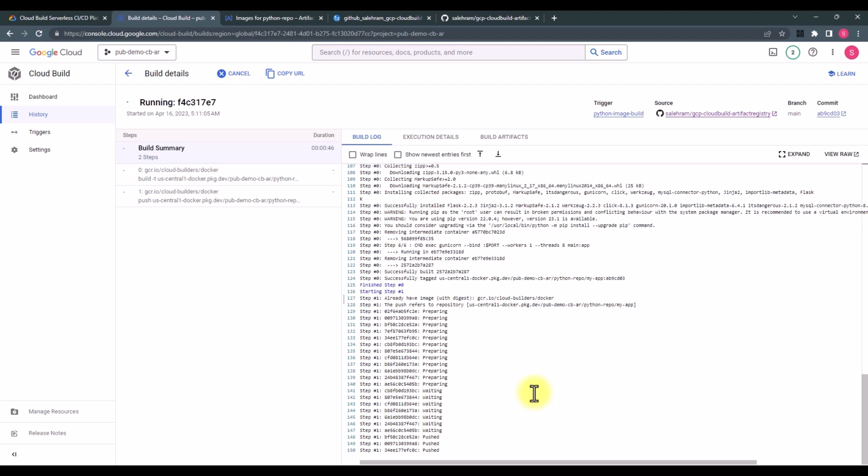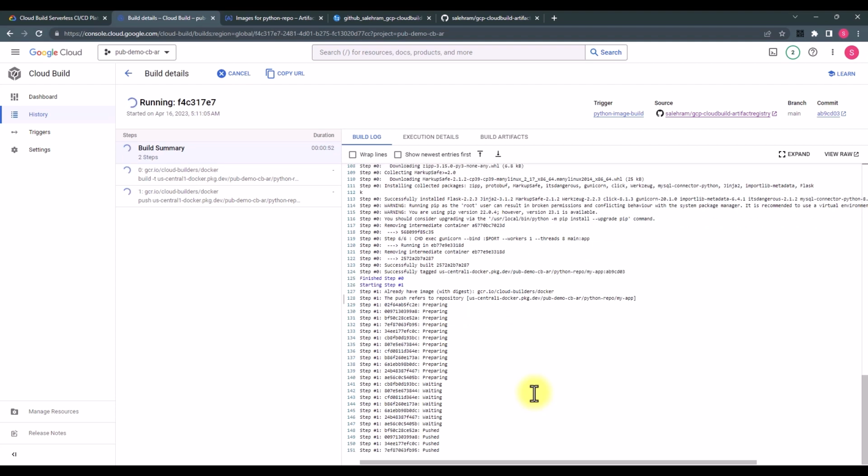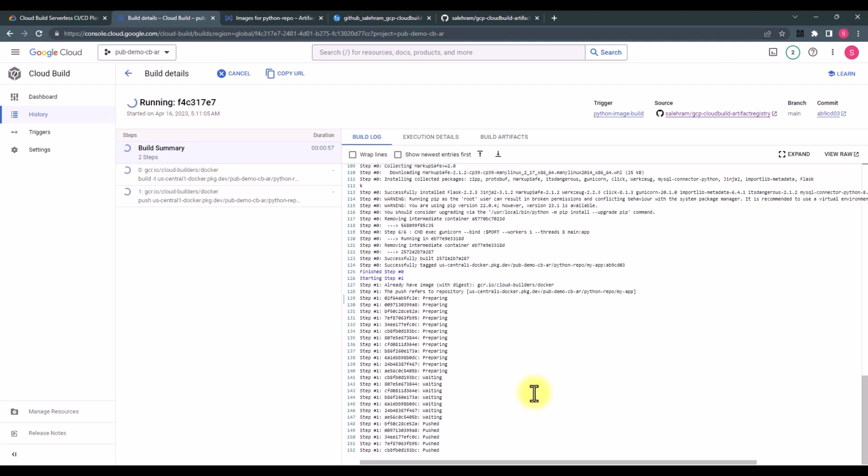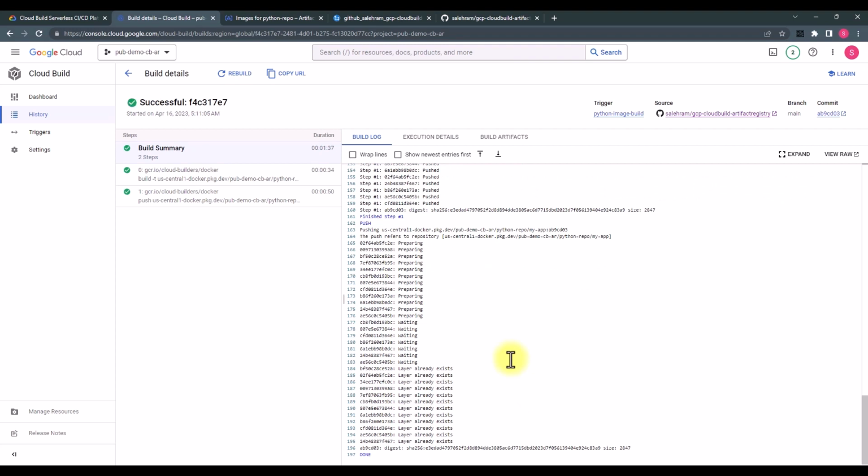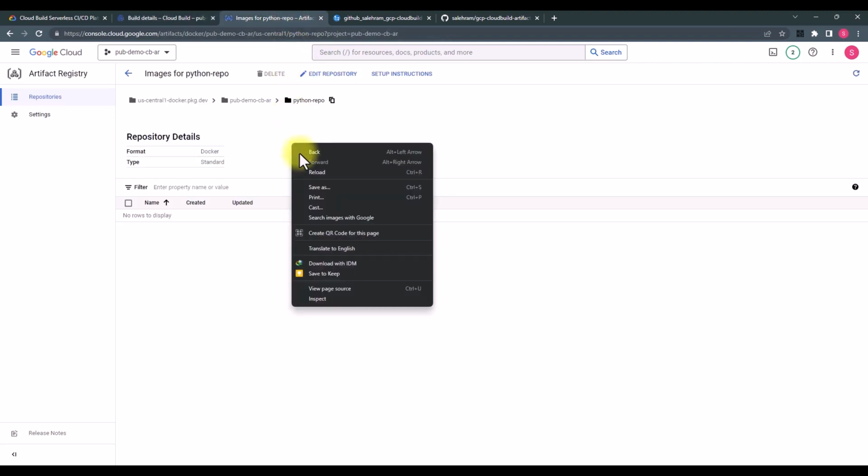It's pushing now. Surprisingly, everything worked from the first try. I'm getting good at this. Yeah, it's done. No errors or anything. This is awesome. Okay, so let's go to Artifact Registry and see what we have now. This is the repo now. It's empty. Once I refresh, I should see stuff inside it,